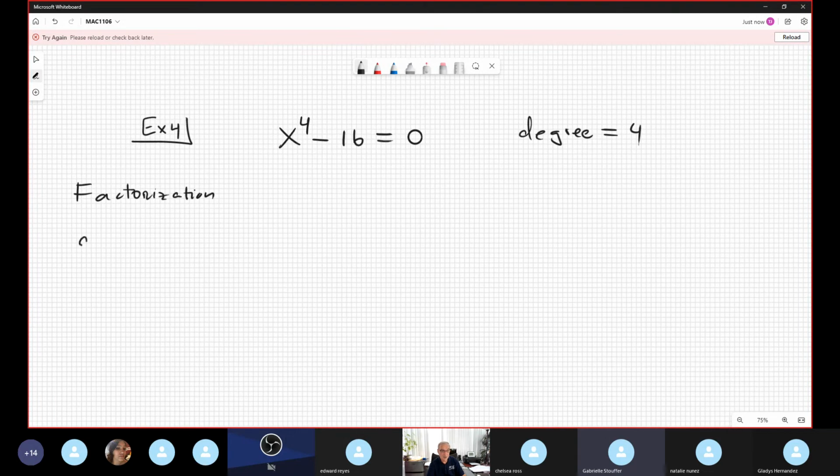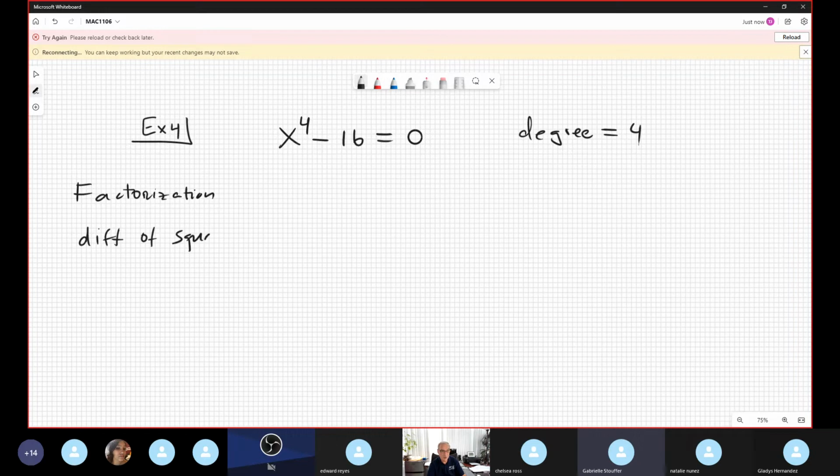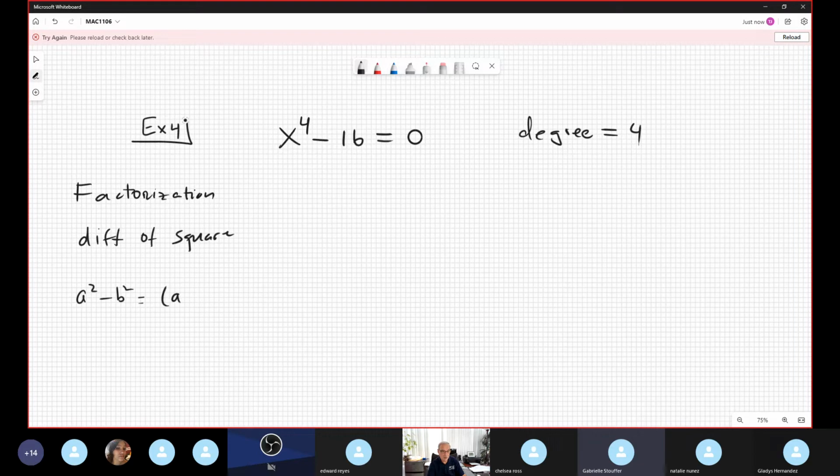I can see difference of a square. Same formula. Okay, the formula is a squared minus b squared is equal to (a plus b)(a minus b). Bueno, but professor, this formula is applied when it's 2, but not when it's 4. It's applied when it's even in general. Under the consideration, the 4 is